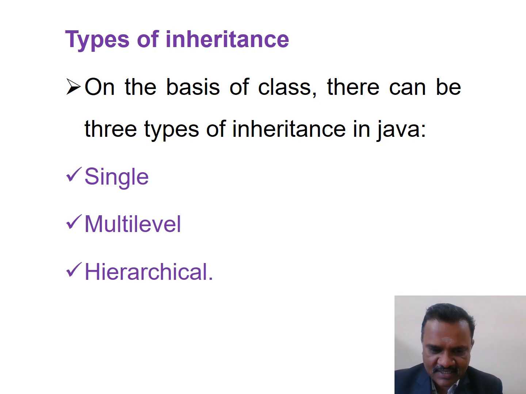Single inheritance, as I said earlier, is one superclass and one subclass. Multi-level inheritance is one superclass and one subclass, and in between them you can create n number of intermediate classes. And hierarchical inheritance is one superclass and more than one subclass. So you can inherit whatever data you created inside the parent classes. You can access all the data inside the